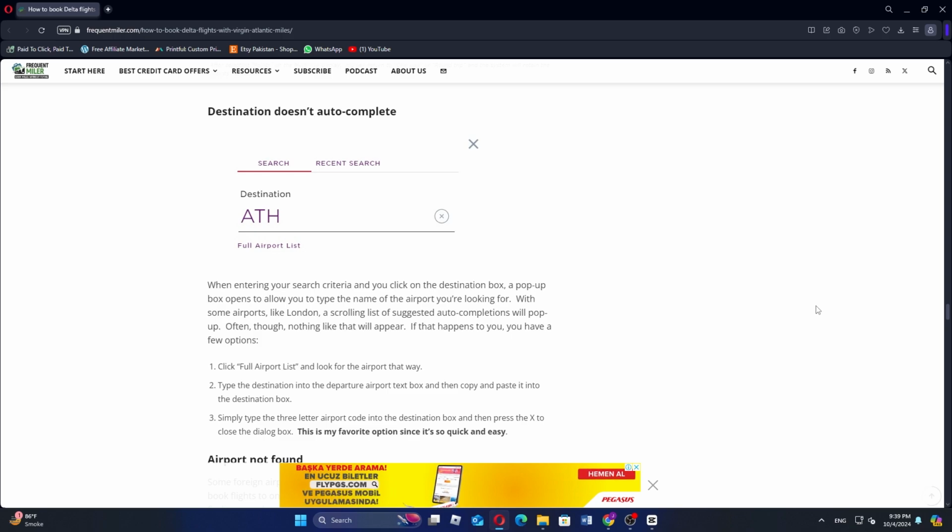Click Full Airport List and look for the airport that way. Now type the destination into the departure airport text box and then copy and paste it into the destination box. After that, simply type the 3-letter airport code into the destination box and then press the X to close the